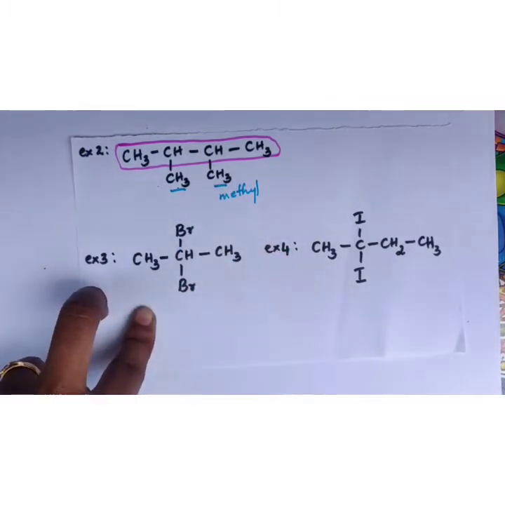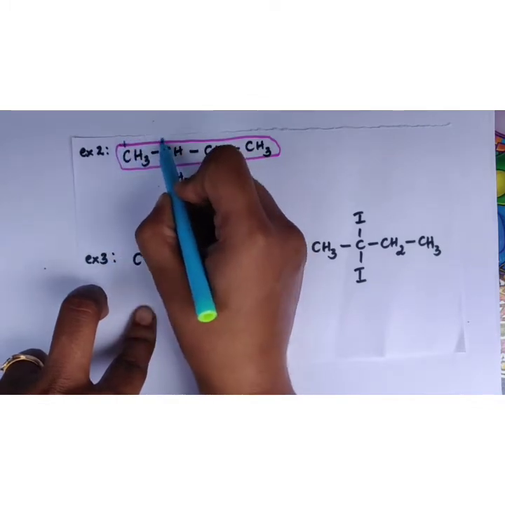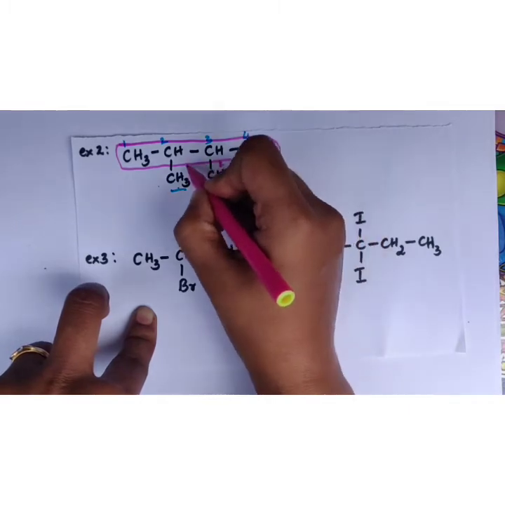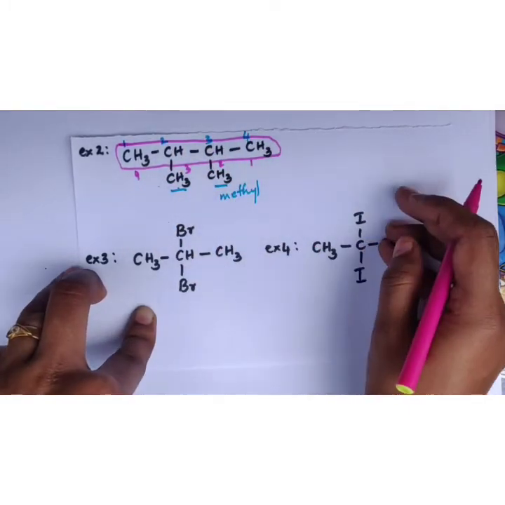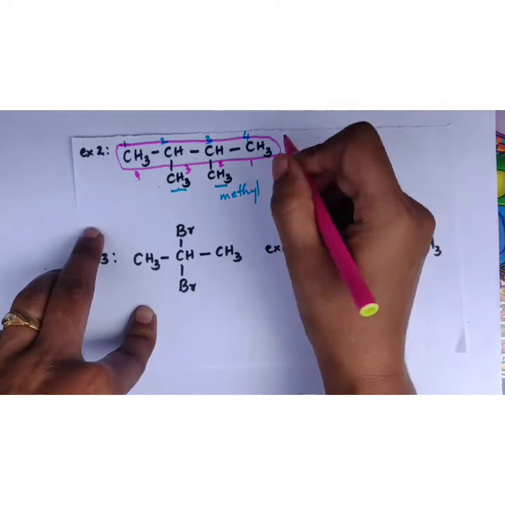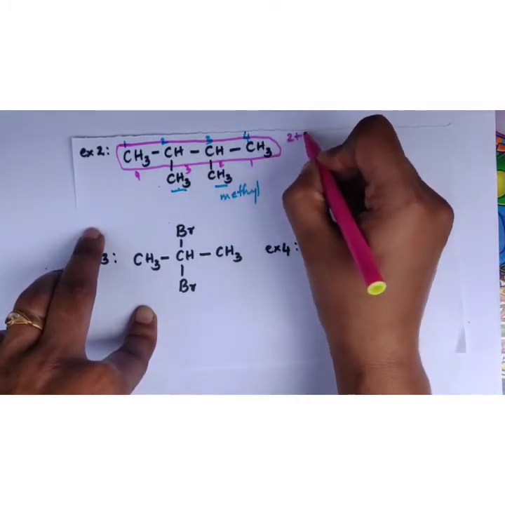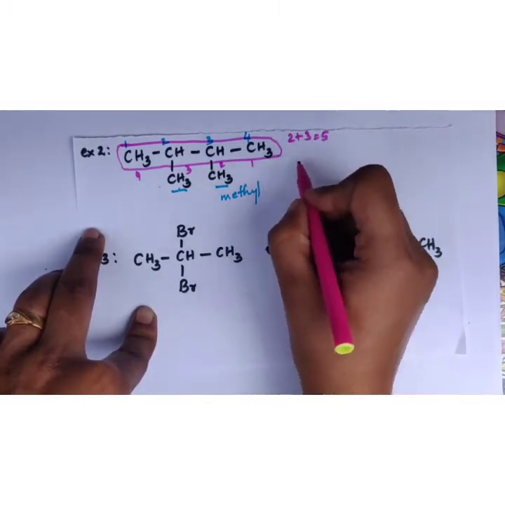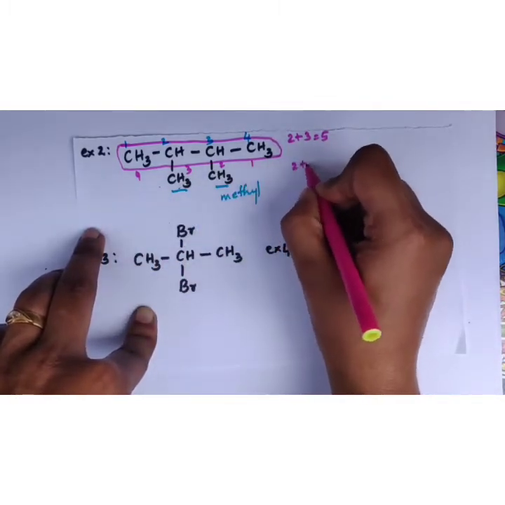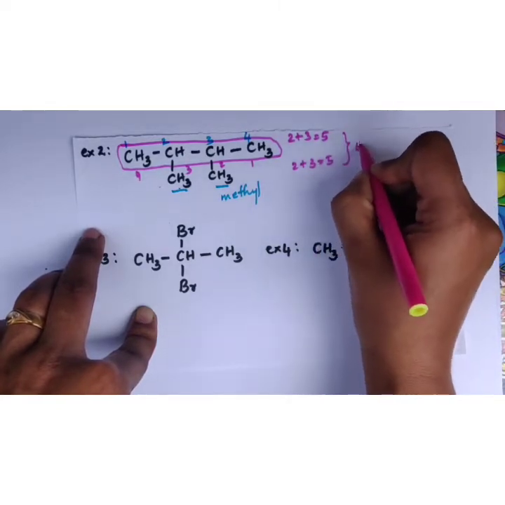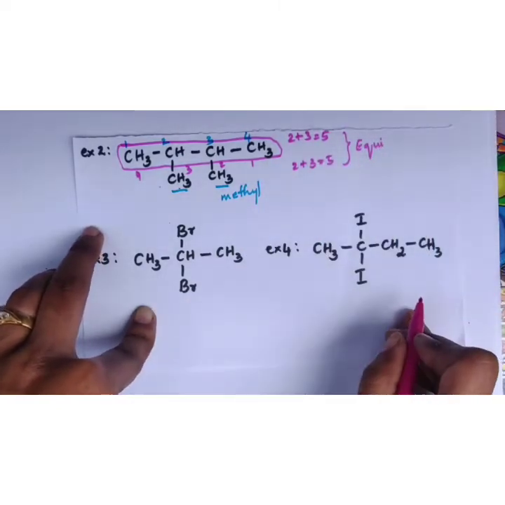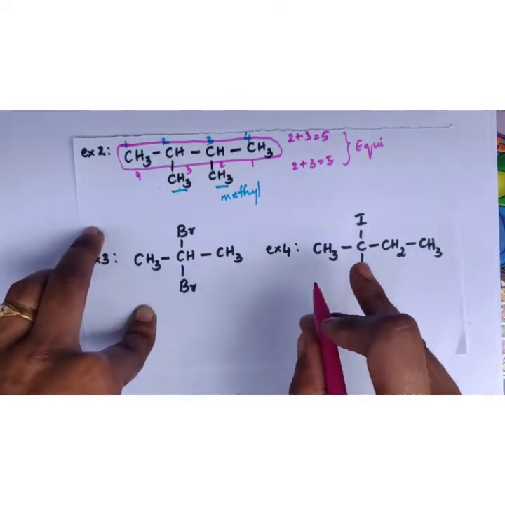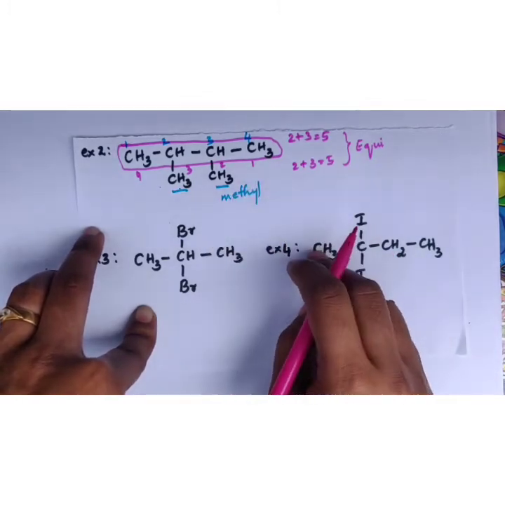So you have to do the numbering. So I'll do the numbering from left side. 1, 2, 3 and 4. I've done the numbering. So now you have to total it. So at the top, if you total it, it is 2 plus 3, it is 5. From right side, if you total it, it is 2 plus 3. So it is 5. So it is equivalent. So it is equal. That means you can number it from any side. No need to follow lowest sum rule.